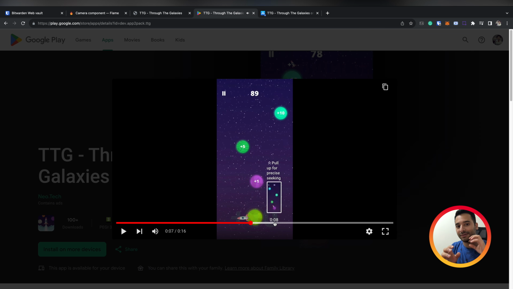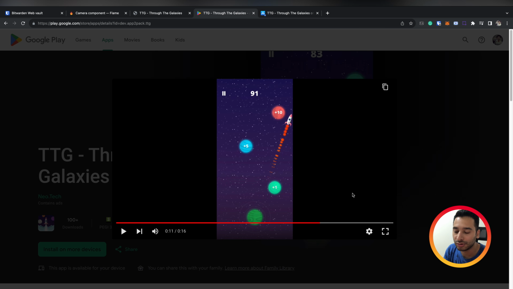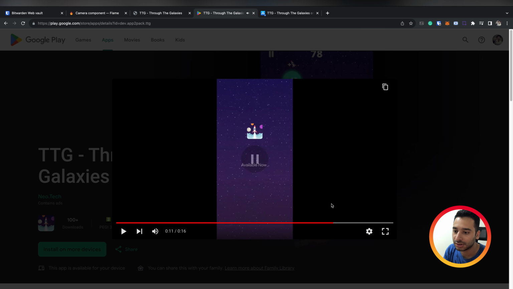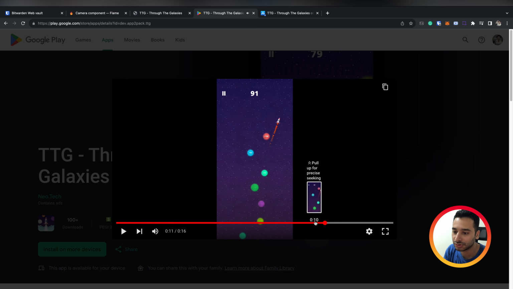yeah, as you see, when it hits a planet, camera moves toward that planet, and again you can hit the screen to fire your rocket, and after that camera moves to another target. And also at the end, when you lose, you see a zoom out. Let me show you. Yeah, and I just did a zoom out to the camera.